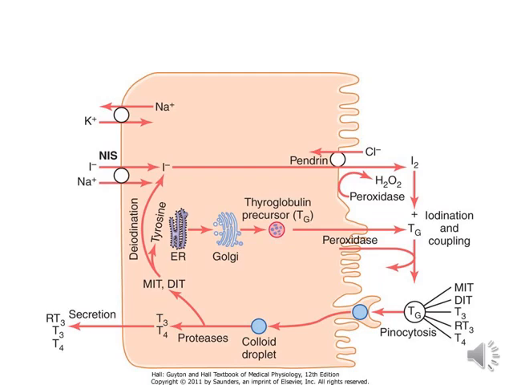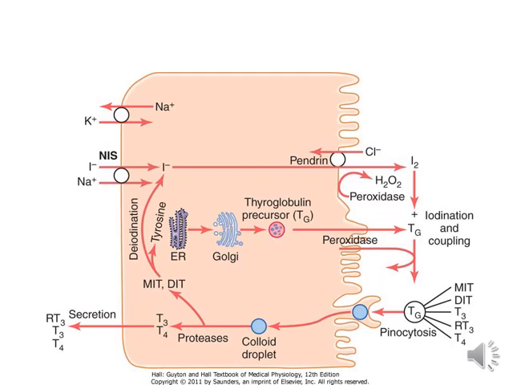So what is the characteristic of thyroglobulin? Thyroglobulin consists of at least 70 tyrosine amino acids. So, most of the thyroglobulin consists of tyrosine amino acids. After entering the colloid space,